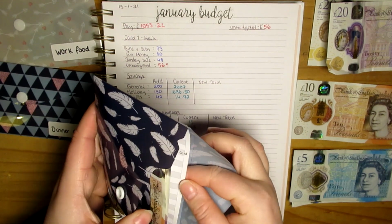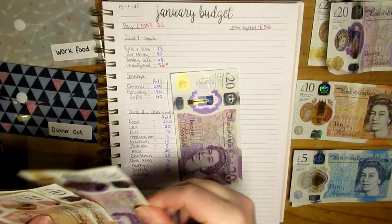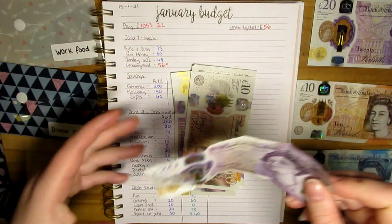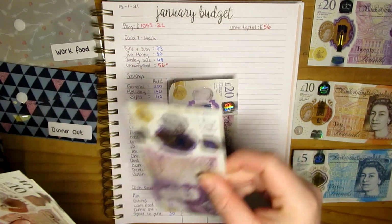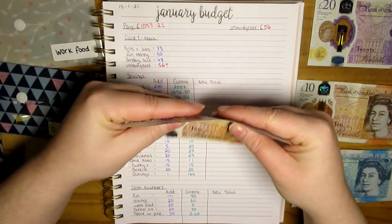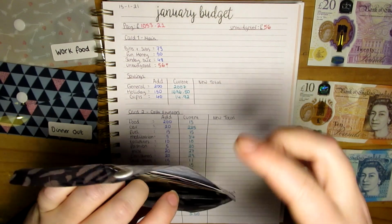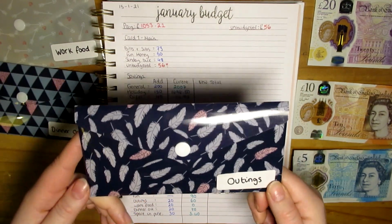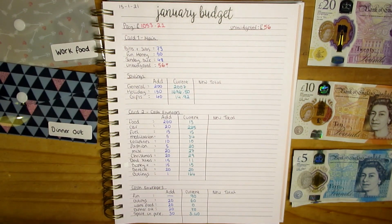So in my outings envelope I have got 20, 40, 50, 60, and I'm adding in another 20. That brings it to 20, 40, 60, 70, 80. So that is a nice amount there. So that could always buy us a dinner out or something if I go out. This could be with my family, could be with my friends. It's just something ready to go. So I've got £80 in there now, which I probably should write